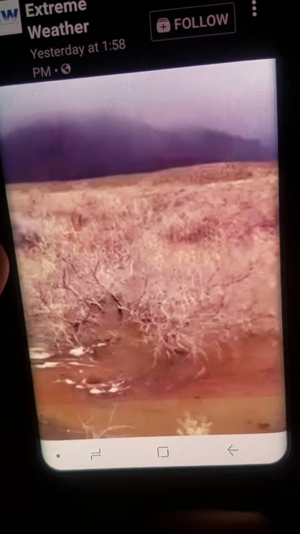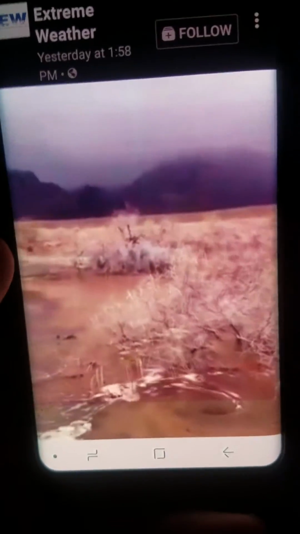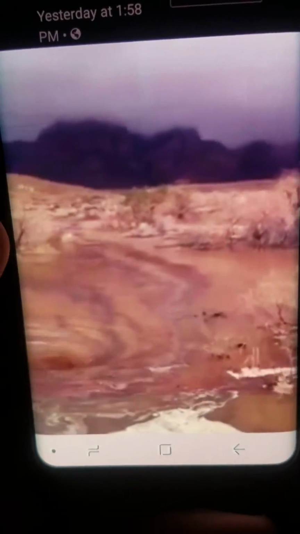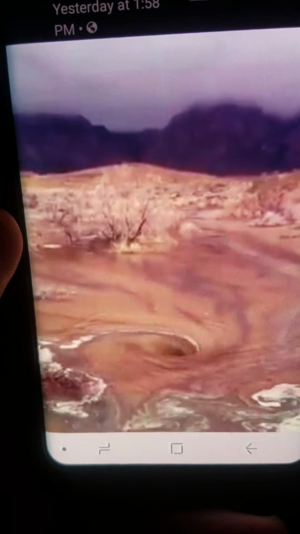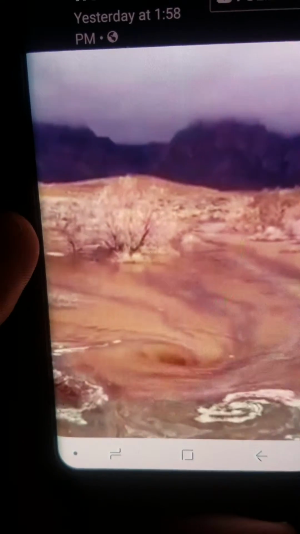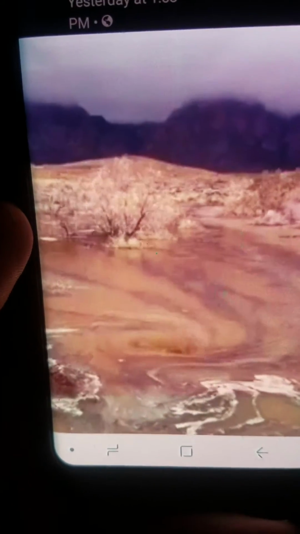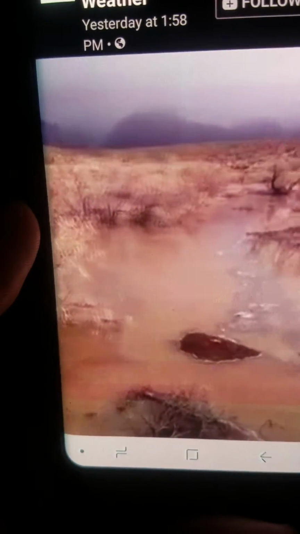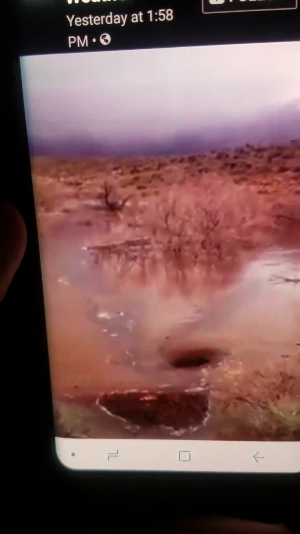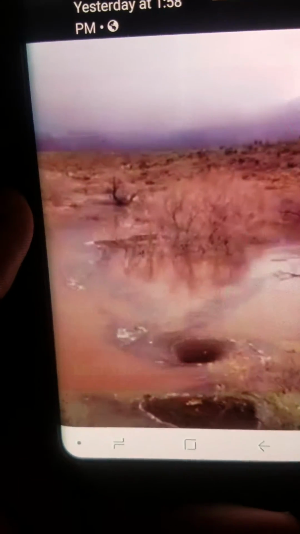Okay, so let's get to the main point. I've already been talking for 3 minutes. This video that I'm showing you debunks the Coriolis effect. Absolutely. See the whirlpools there? Two of them are spinning in one direction, and you have a third whirlpool right there, that one, and it's spinning in the complete opposite direction.